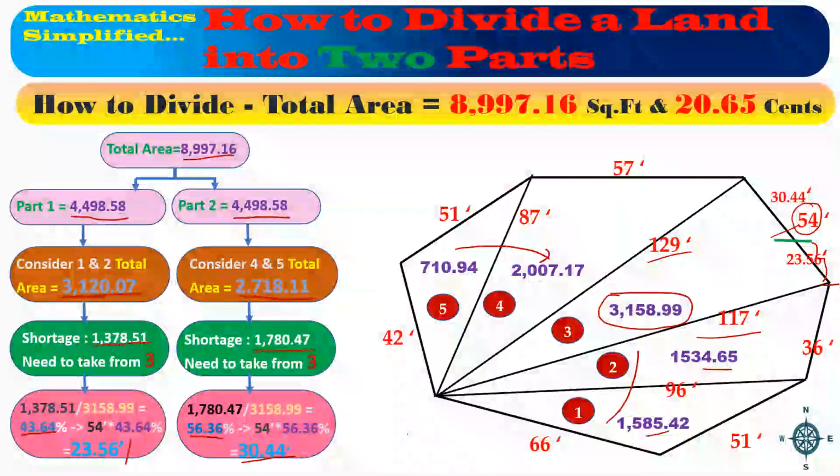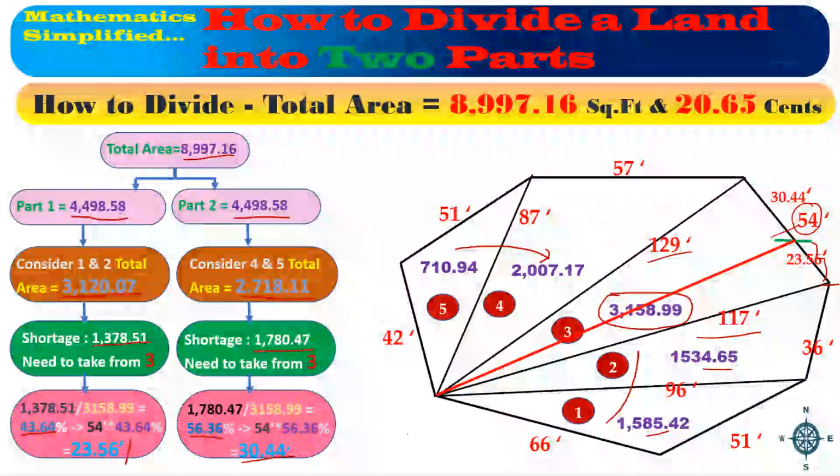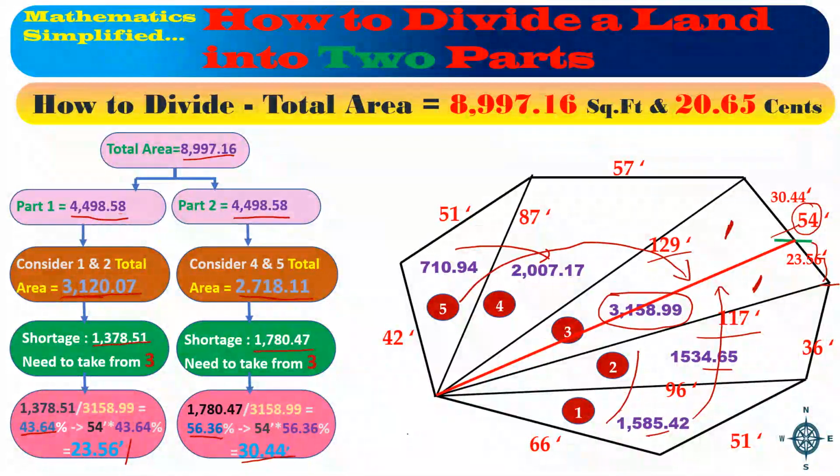Next, surveyors will draw that line from the place. This line will be formed and they will measure this line. Next they will calculate this area and this area once again, because they were not calculated. Only the full triangle they calculated, so both the areas will be equal. Now this is the partition line. Now 6 triangles are there. These are one part and these are the second part. So this is what surveyors used to follow.